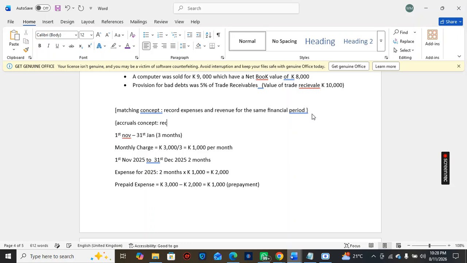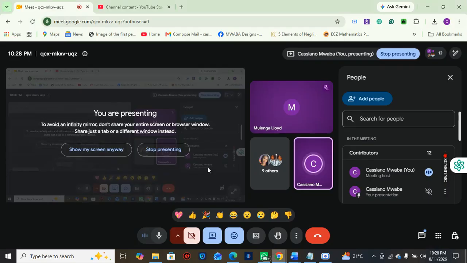Record expenses and revenue even though money hasn't exchanged hands. Meaning, for example, if this month you incur an electricity bill, you don't pay it, that means